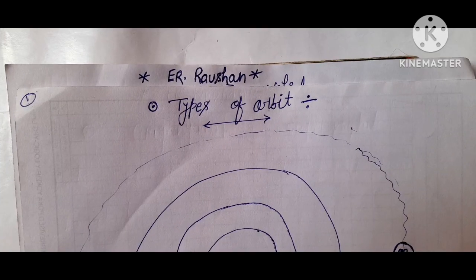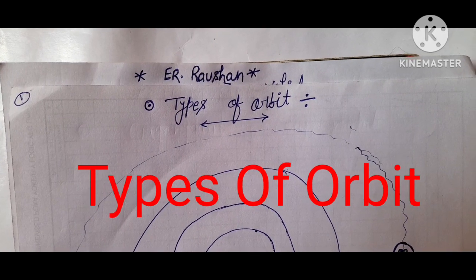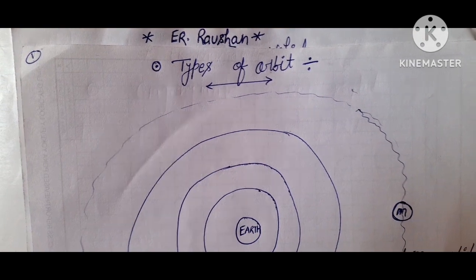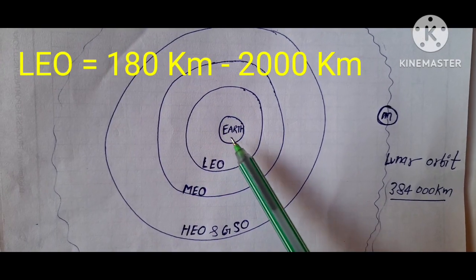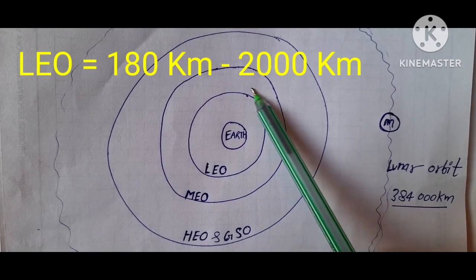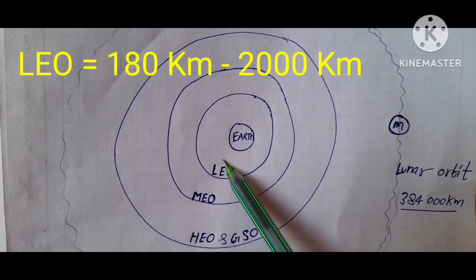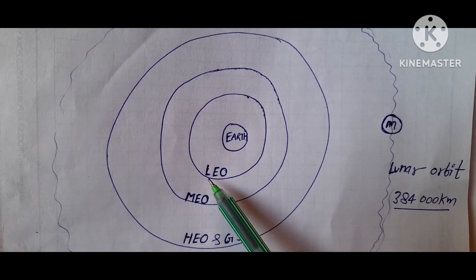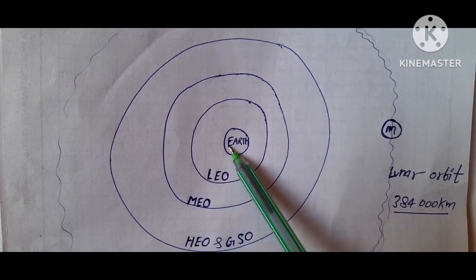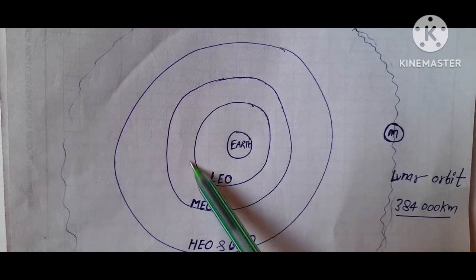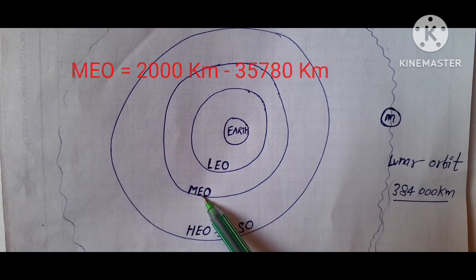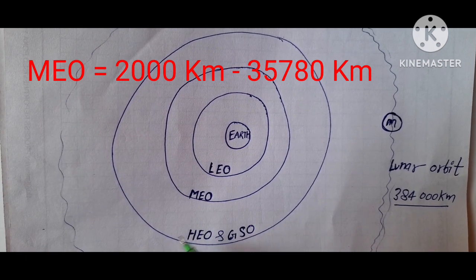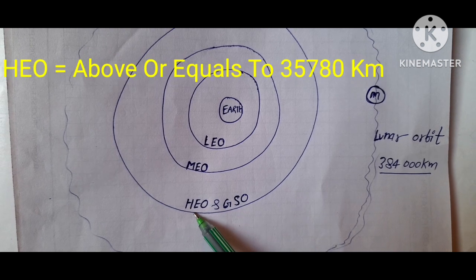Hi friends, now I am talking about types of orbits. Here I am listing the types of orbits and their uses. You see in this diagram, this is Earth, and near the Earth, this circle is known as LEO, low Earth orbit. And this is MEO, medium Earth orbit, and against it is